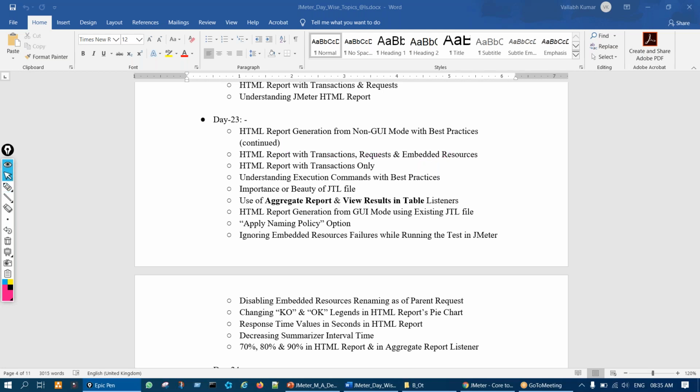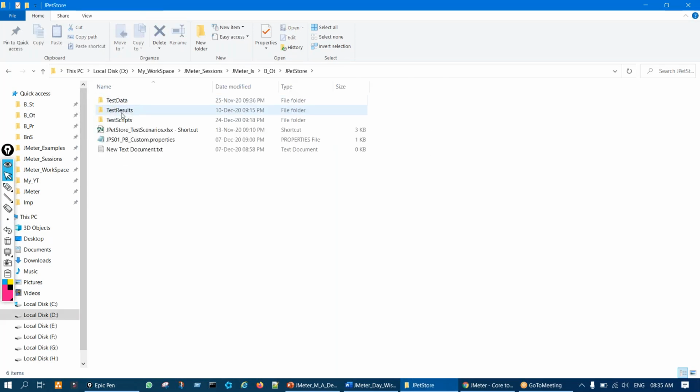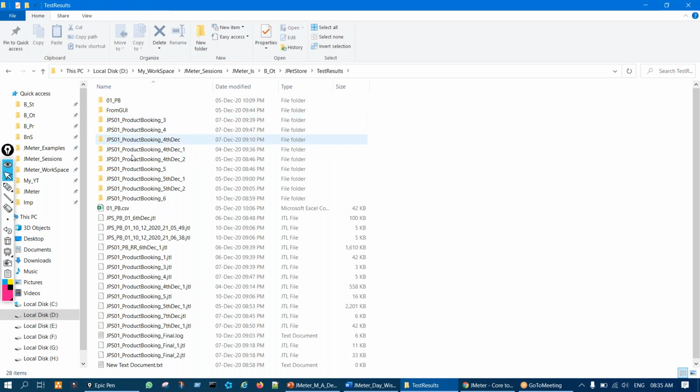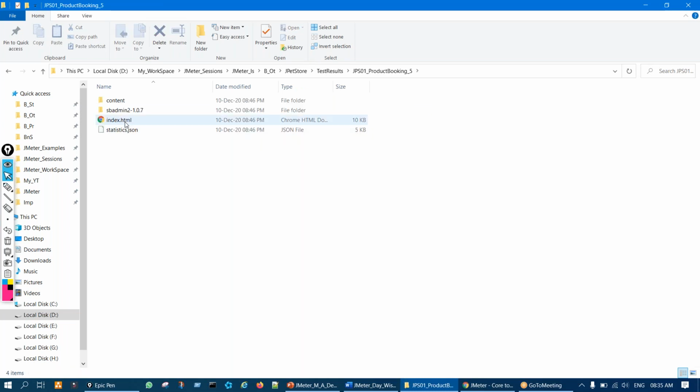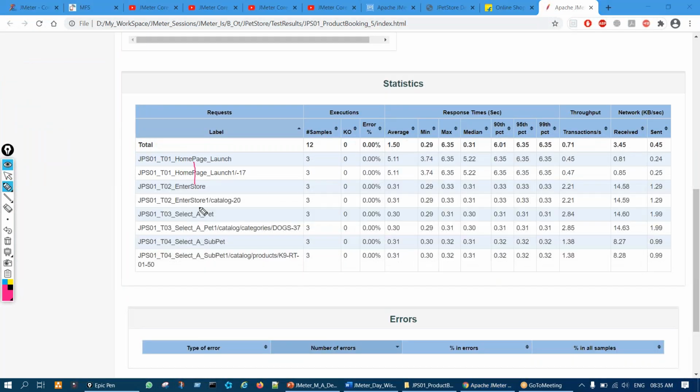HTML report is actually a final report what we get once we are done with the execution. That is the output once we script, and then we run the test. So after that we should get the report. So this is the final output in JMeter when we do any execution, like this reporting will come. This is, let us say, for 3 users we ran, how the response times come.